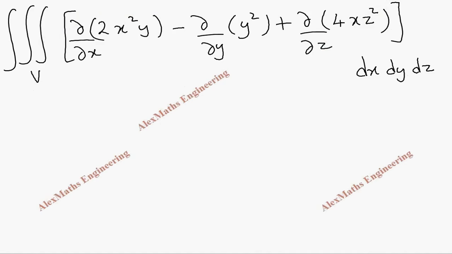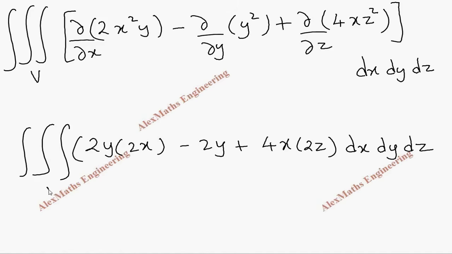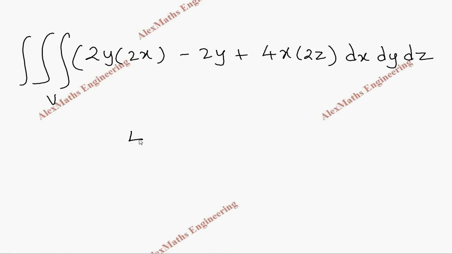Now doing partial derivative with respect to x, so 2y is a constant and x square derivative is 2x. Here it is 2y and here it is 4x is a constant and 2z. The entire thing into dx, dy, dz. We have the triple integral over the volume. Now just rearranging this, it is 4xy minus 2y plus